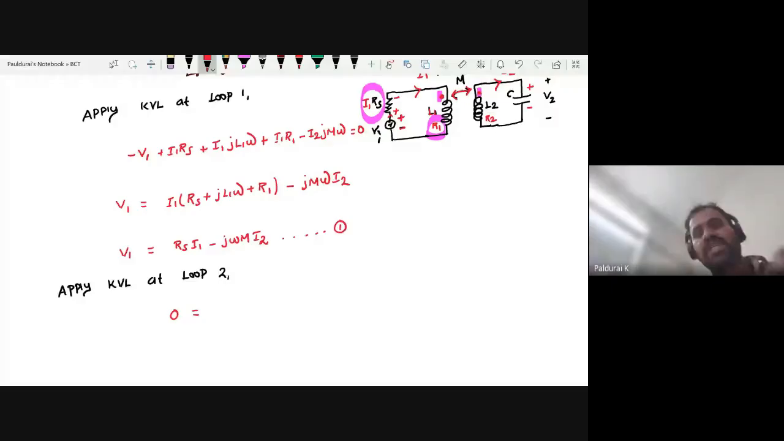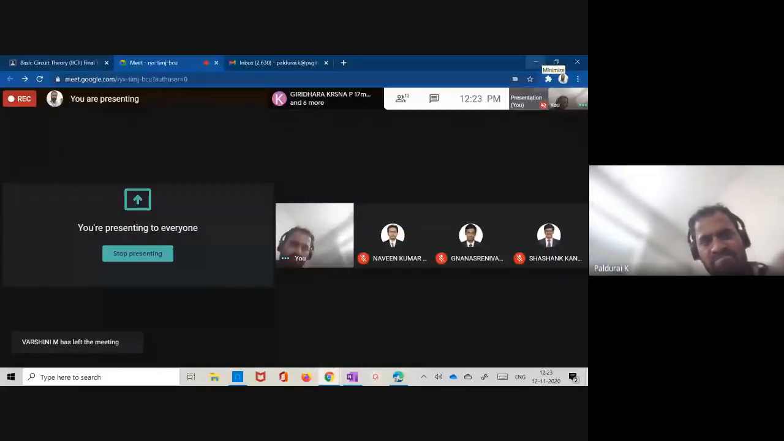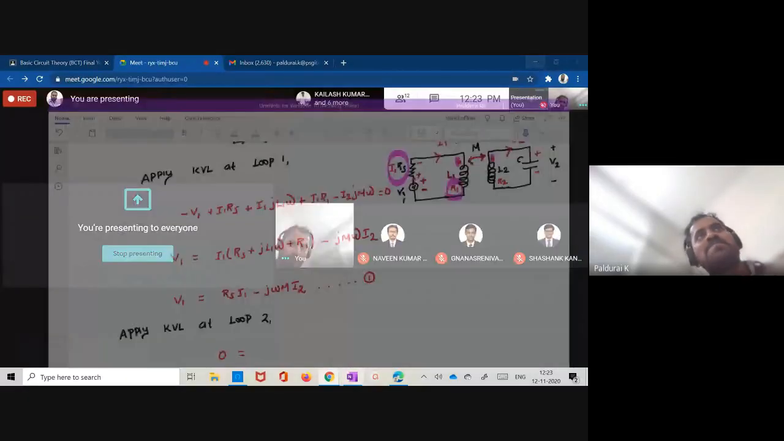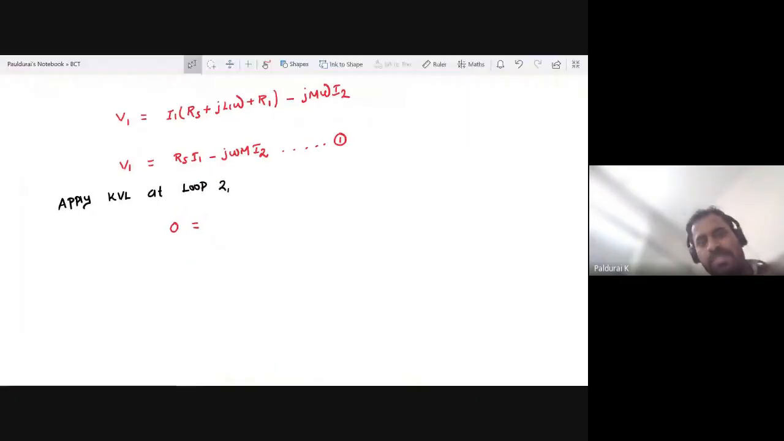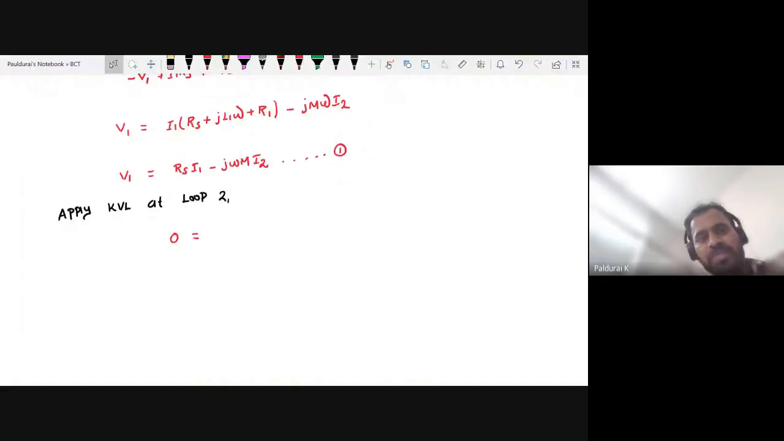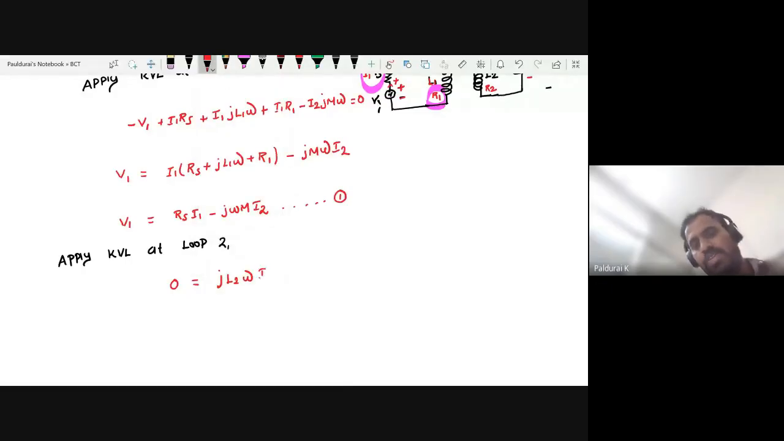What is the voltage drop across L2? Put on signature, that's what delay. So what is the voltage drop across L2? That is j L2 omega times I2. V equals I times R, where I is I2, and plus internal resistance R2, so R2 times I2, plus